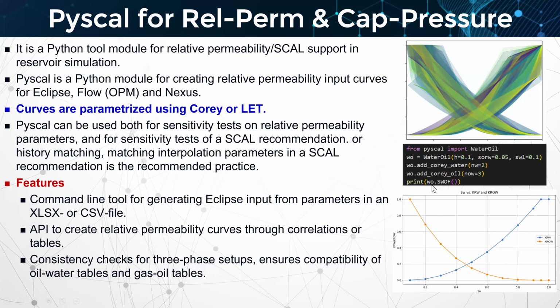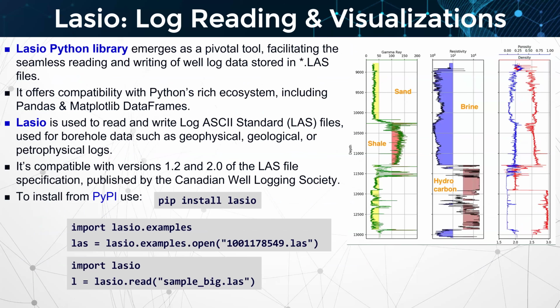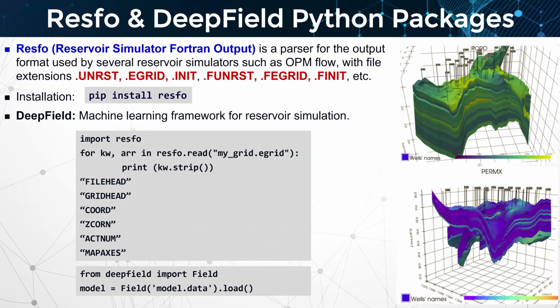As you can see, this code is used to generate the relative permeability curve using SW versus KRO and KRW. Another key library like Glacier for well logging and visualizations,